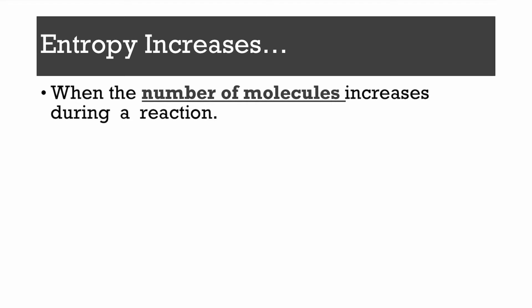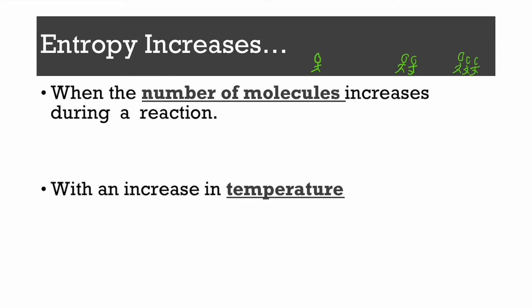is have more molecules in a reaction. So if you think of babysitting, if you are in charge of babysitting one kid, keeping one kid under control is easier. And then if you have two kids and they're running in opposite directions, that's more chaos and more disorder. If you have three kids, that's even more. So the increase of molecules in a reaction, the more unorganized or the more randomness that happens, the higher the